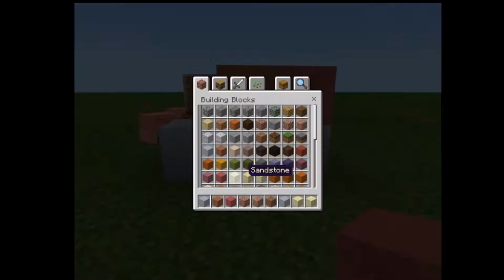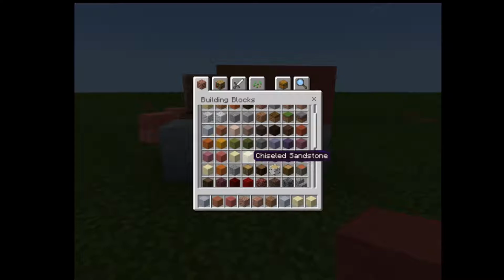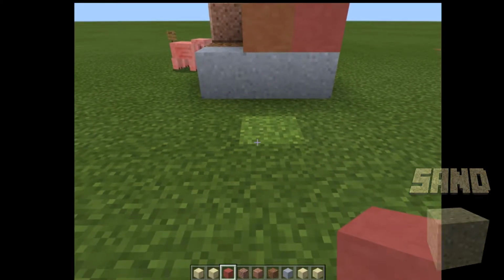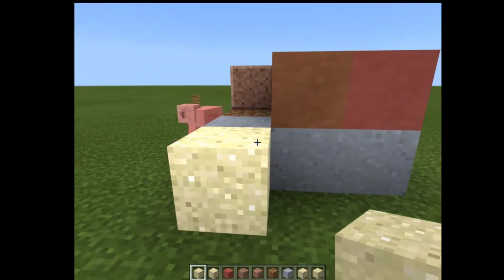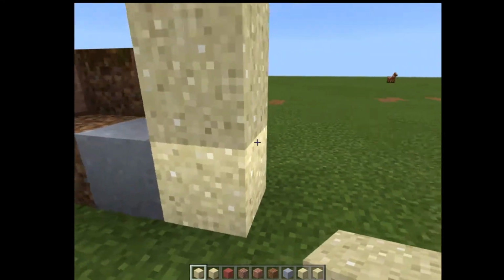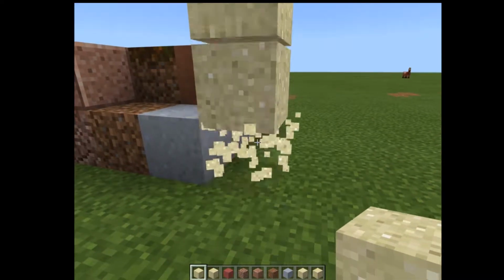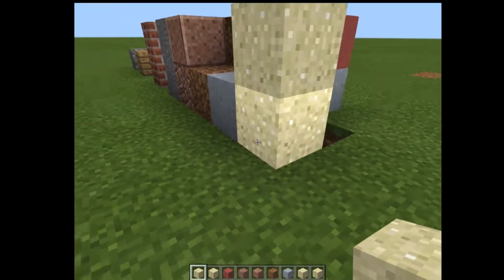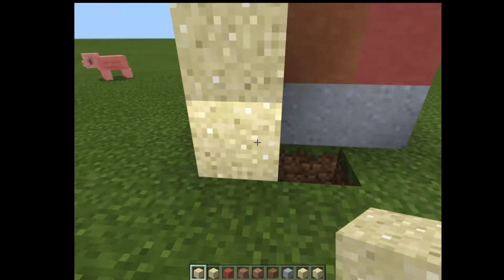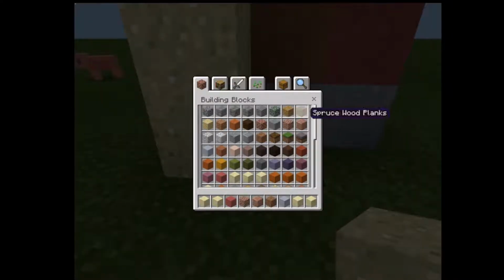Next we've got sandstone, and sandstone, chiseled sandstone, and smooth sandstone all come from sand. So if we take a look at sand, I'll show you some of these other neat features here. So we've got first sand. One thing you need to be aware of with sand is that it does drop. So if you have sand stacked up and you destroy one, you can drop it, which is great for using as traps. There's another one of these items that does the exact same thing,